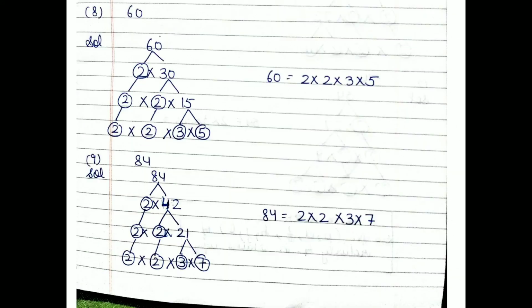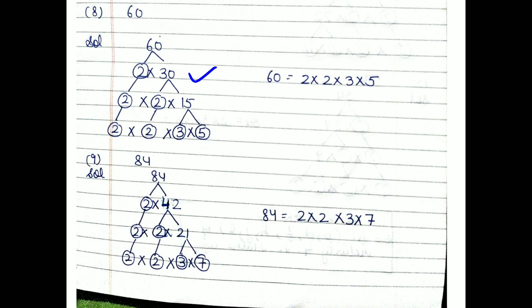Clear? Now we do 8th and 9th part. 60. 2 30s are 60. It doesn't mean that you always start with 2. You can take 3 also. Clear? You can take 4 also, but remember one thing, if you are taking 4, 4 is not a prime number, so you have to keep 4 out. Meaning you are not able to take 4 in a circle. Only in the circle that one number comes which does not have any more factors. You can't make a branch of it. Clear?